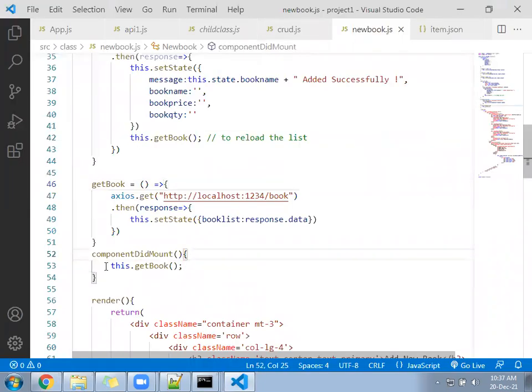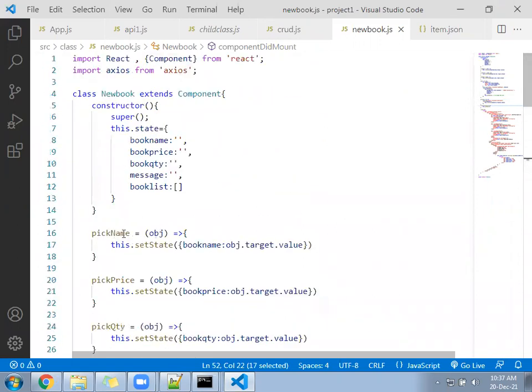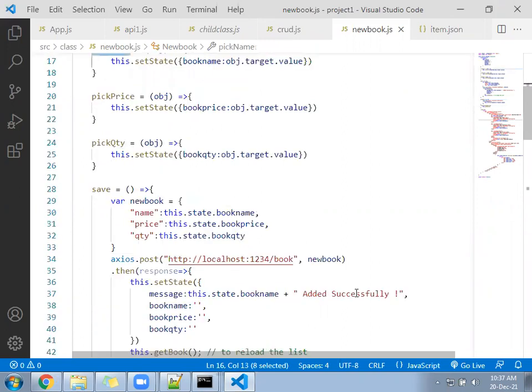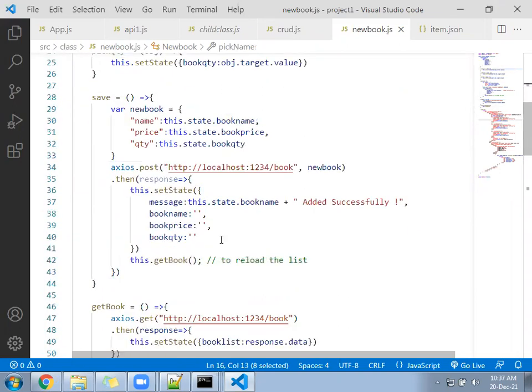Component did mount is here. Did mount will happen if the component gets loaded. But here, when I'm typing, these functions are getting called. When the functions are getting called, it is not being data binded.